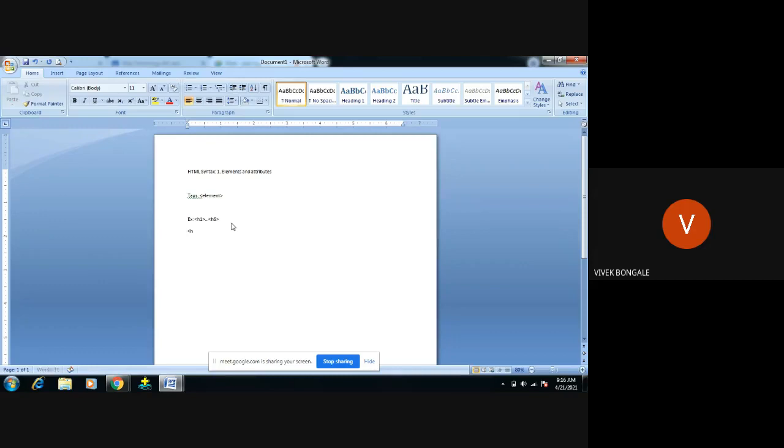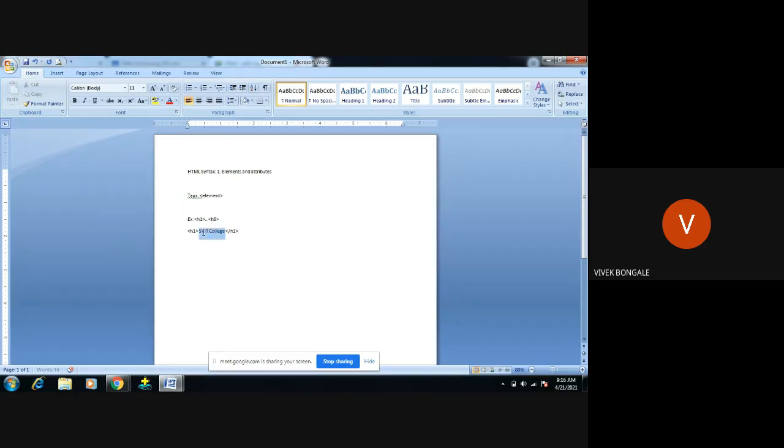For example, if I write SVIT college, I want to display it bold, somewhat like a header in my document. That is the reason I place this content in the element h1, and we close it. Whatever element we open should be closed. That is the basic rule we need to follow while writing any HTML code.